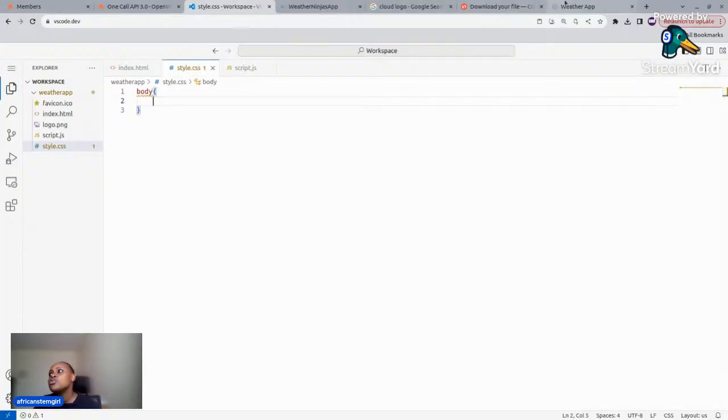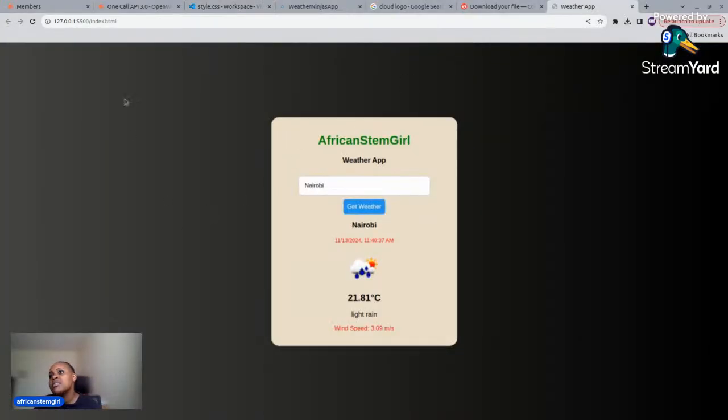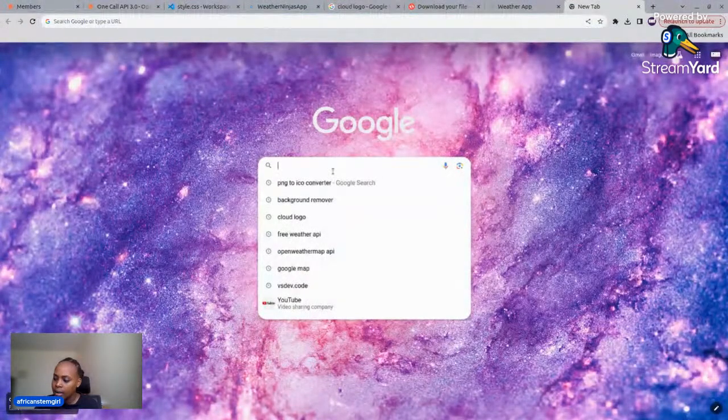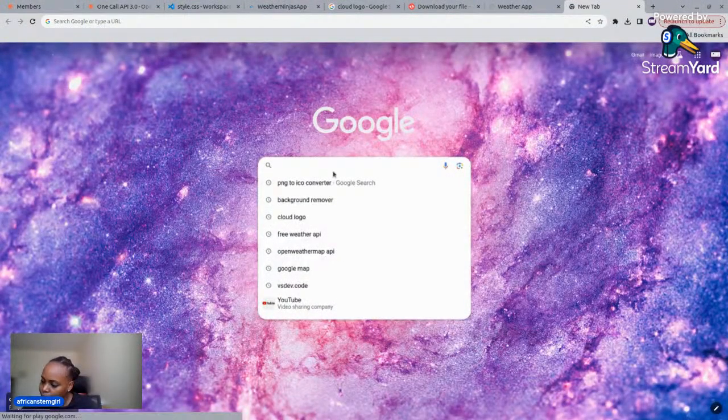If you want the background to have this effect where one side is darker than the others, we normally use what we call linear gradient. Those are gradient colors where you put two different colors and guide how you want it to flow. What do I mean? If I come here and type linear gradient,